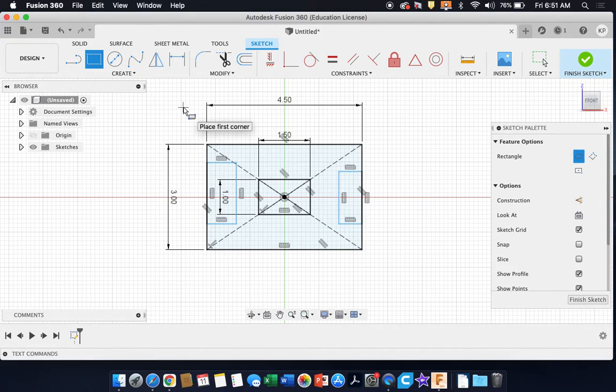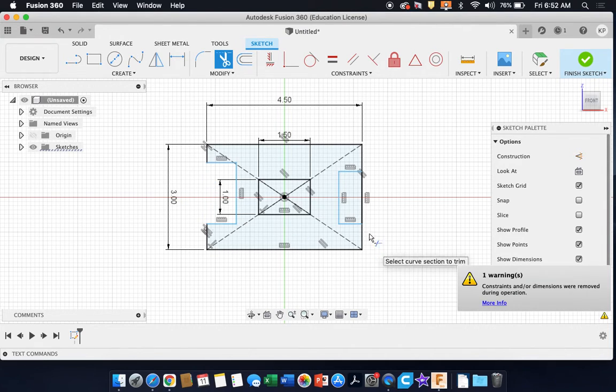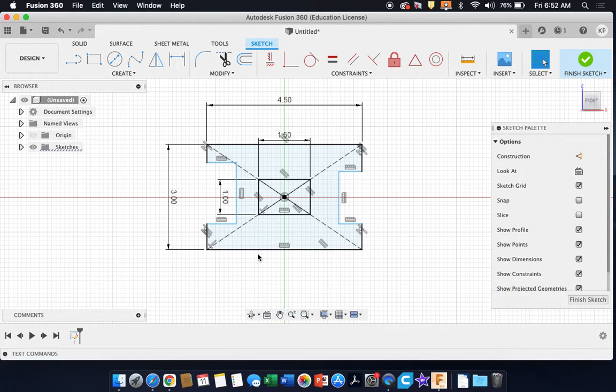And we are going to use some trim functionality here. So use the T key, and we want to get rid of this connection here. And you're going to have to click twice because there's actually 2 layers over top of one another. Alright, so we just have to add a few more measurements here. We are going to give this one a height of 1.5 and a width